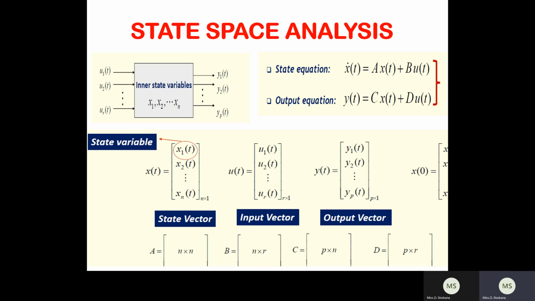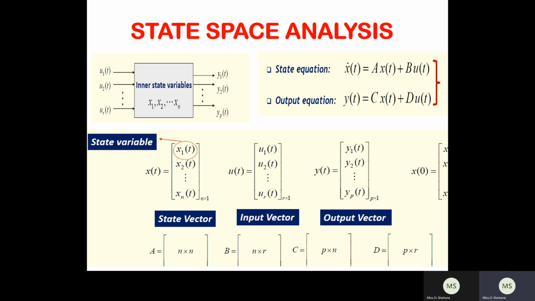In the state space analysis, the system consists of an input variable, an output variable, and the system variable. By varying the input variable and also the system variable, you can obtain the desired output. This is the additional thing done in the state space analysis technique. Not only the input quantity, you can also vary the state variables or system variables, so that you can obtain the desired specifications. All of this is analyzed in the time domain, which is an important advantage compared to the traditional transfer function model.